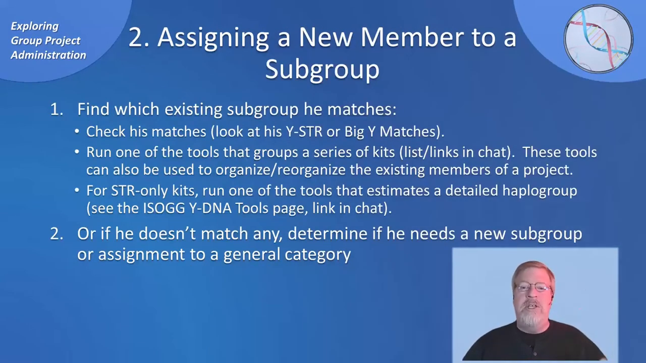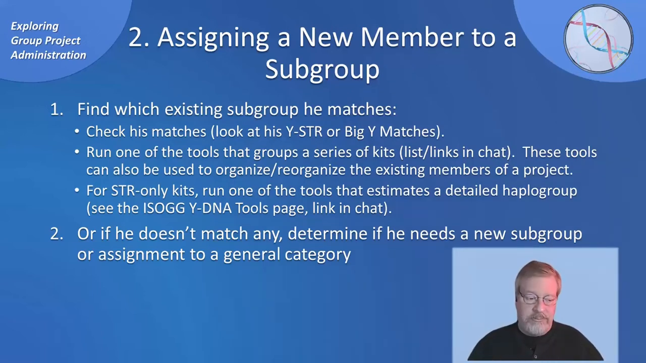Okay, now a new tester comes along and joins your project. Let's say they have the surname, so you know they probably match somebody. How do you figure out who they match? How do you figure out what subgroup to assign them to? And let's pretend for a minute that they will match one of your existing subgroups, and you have to find